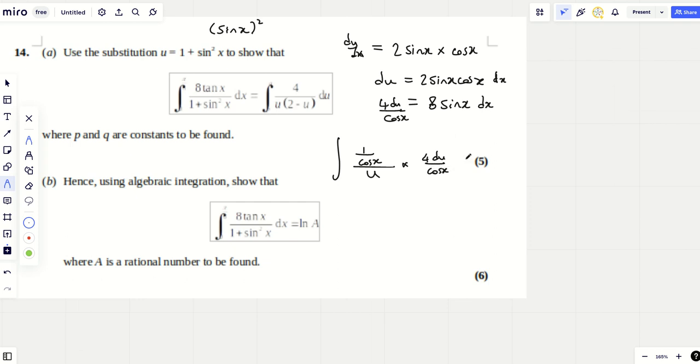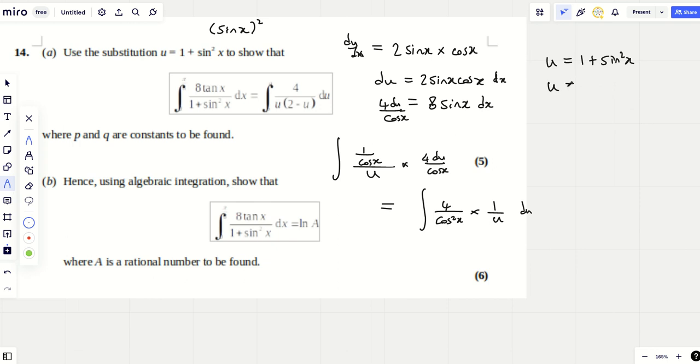Yeah. Now, what that's going to give you, if you multiply it into the top, is the integral of 4 over cos squared x divided by u. Or if you like, 4 over cos squared x times by 1 over u du. You could think about it like that, because if you times that up there, you get the 4 on the top and the cos squared x on the bottom. The du can sit here resting, and then you've got a divide by u, which is the same as times by 1 over u. Now, as u is 1 plus sine squared,